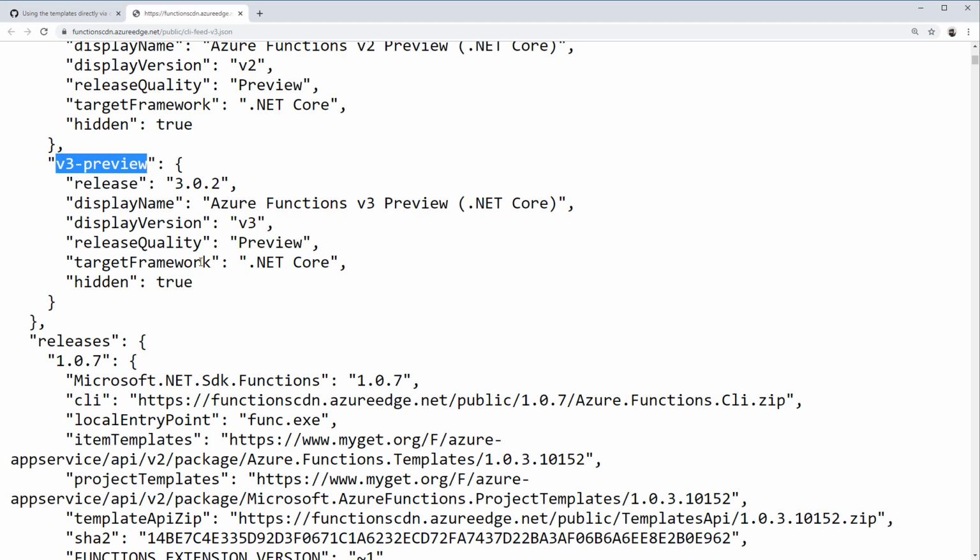Now, it says preview, and some people get a little bit concerned when they see preview. Preview is not the same thing as what it used to be. It used to be preview meant this is going to break. Now preview means more of this has been tested a lot, but it's not yet been released. Okay, so that's kind of the difference. So I'm very comfortable recommending this preview, especially since this preview is not about